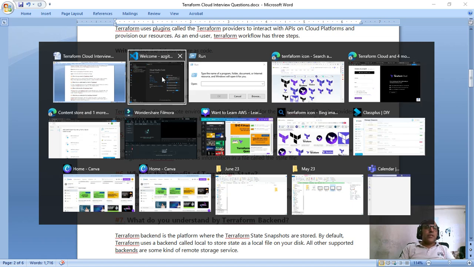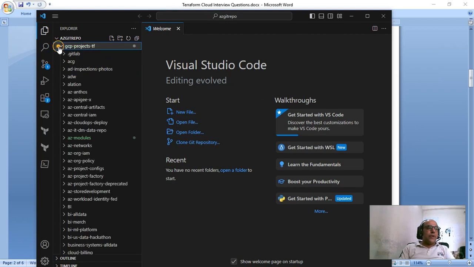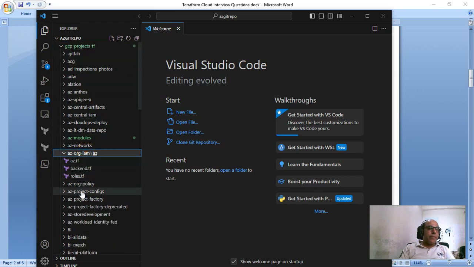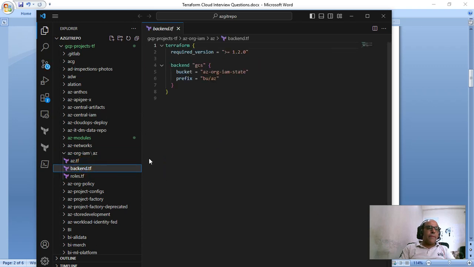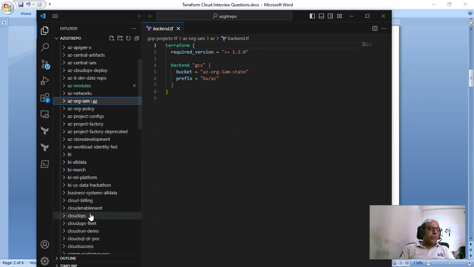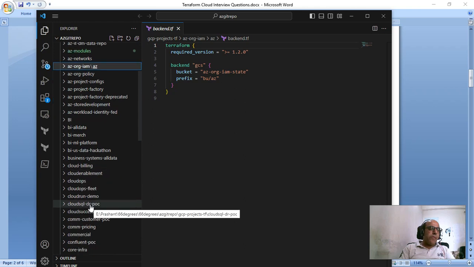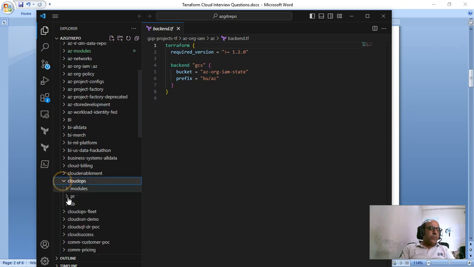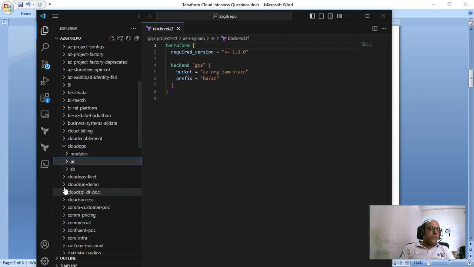Now let's think about how it looks. If I go to GCP, maybe I can show you something. This is the Cloud Run demo.